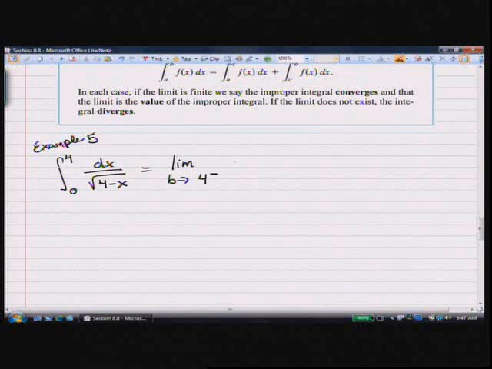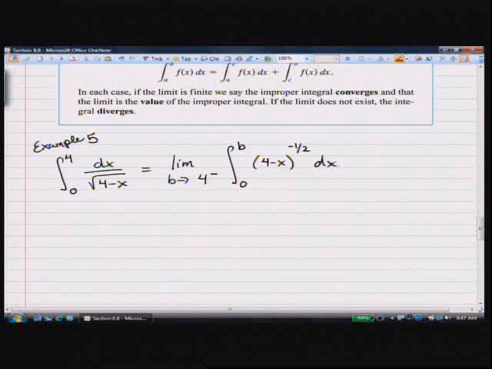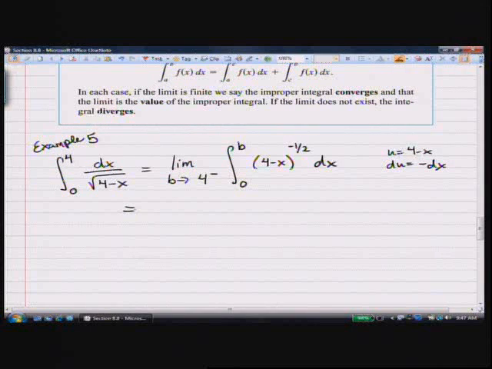All right, and so we'll write this as the integral from 0 to b, and then we can write that as 4 minus x to the negative 1/2 dx. And you can do a little u sub on this one. If you let u equal 4 minus x, then du is just going to be negative dx. So you'll just have a negative in front. Okay? And so u to the negative 1/2 is going to be